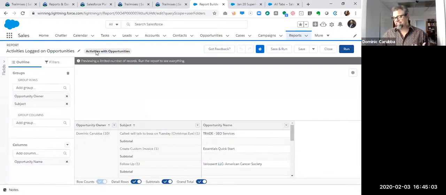So you can see a couple of things. I hit the edit button, and I'm now looking at the editor in Lightning of a report. So here's some good basic information about a report. Number one, when you start at the top, you know you're in the editor because the first thing you'll see is the name of the report with a little pencil, so you can edit the report name. Remember, hover to discover. As you move your mouse pointer across, you get little pop-ups on what everything is. Now this activities with opportunities, there'll always be a little bubble there, and that's called the